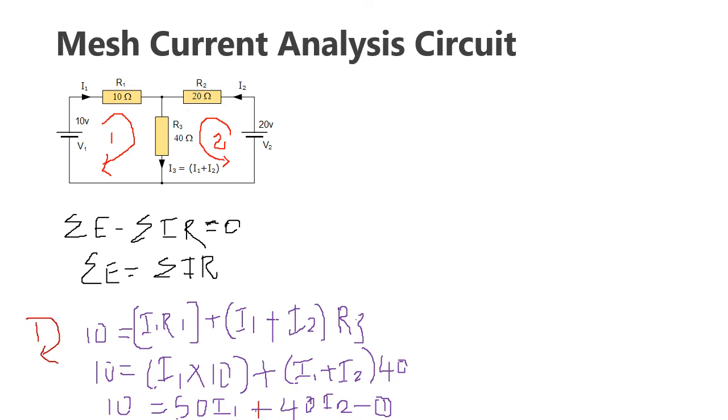Now I am going to use the loop equation for my loop number 2. My loop number 2 is in the opposite direction of clockwise, that means the anti-clockwise direction. In this loop 2 there is only one voltage source, which is the 20 volt battery. This 20 volt battery is connected in the same polarity as my loop direction. Therefore 20 volt will be equal to